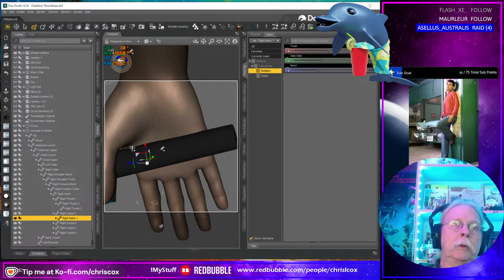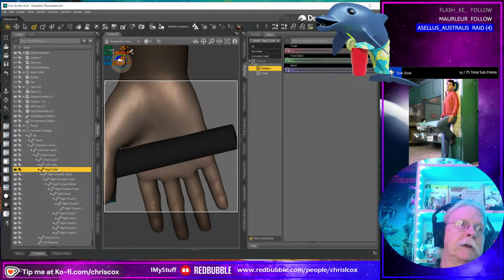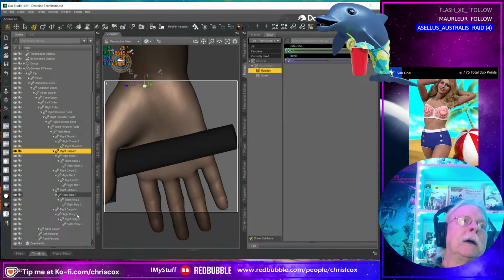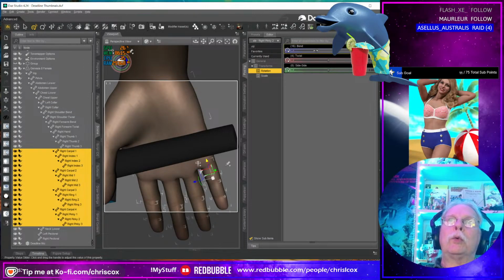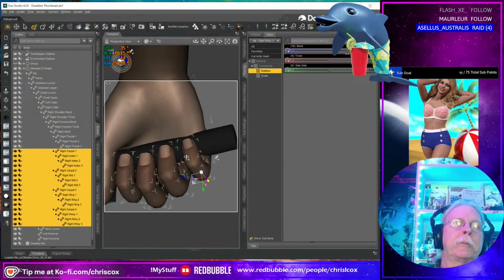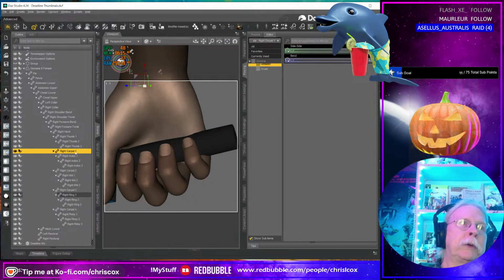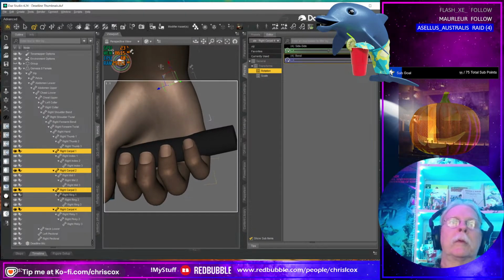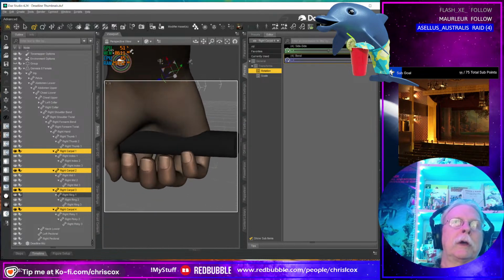And then, you know what? I'm just going to bend all of these. So let's take that. We'll expand that out. I just bent all of these at once. And I do want to tweak the carpals because they have a pose control on them. So we can kind of do that.